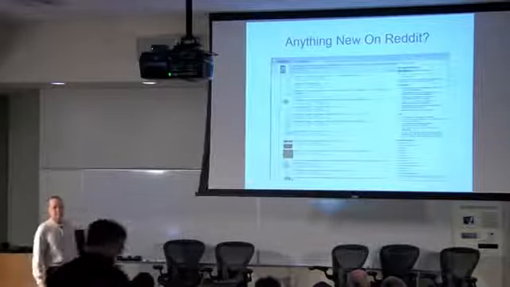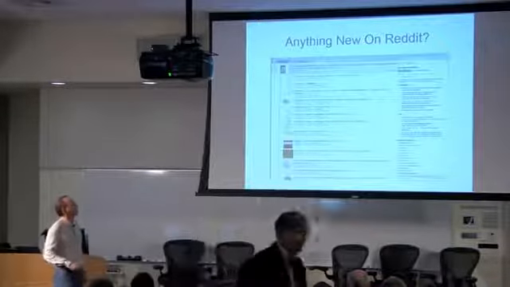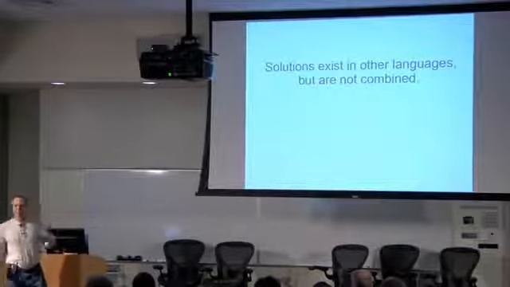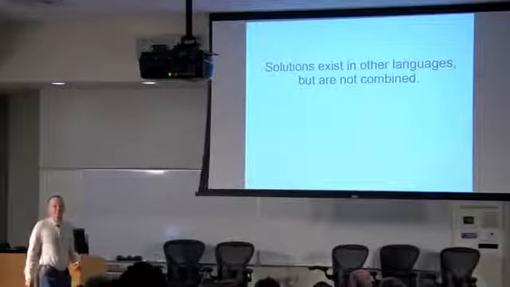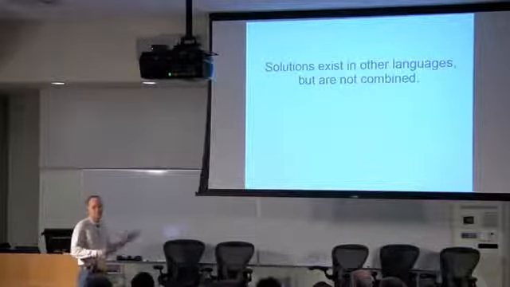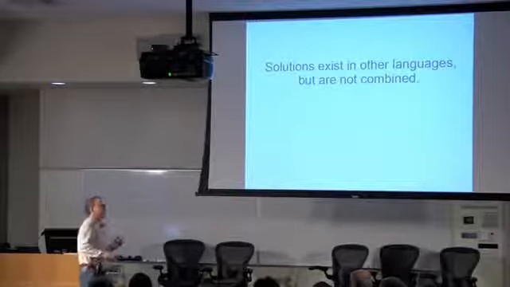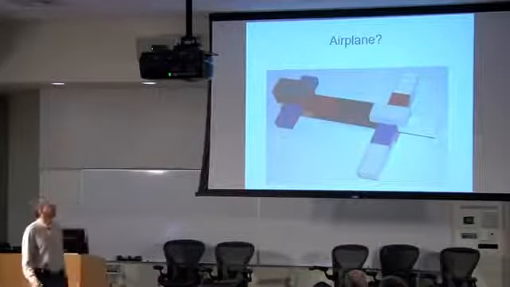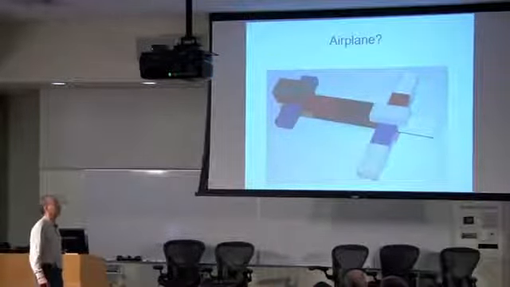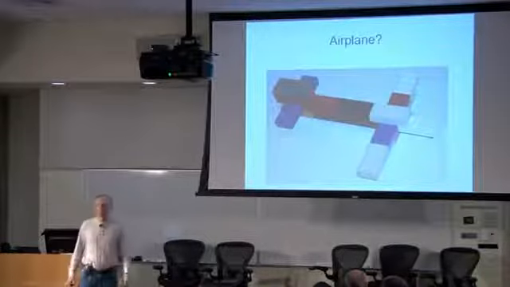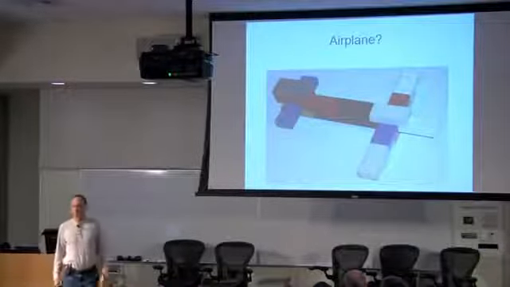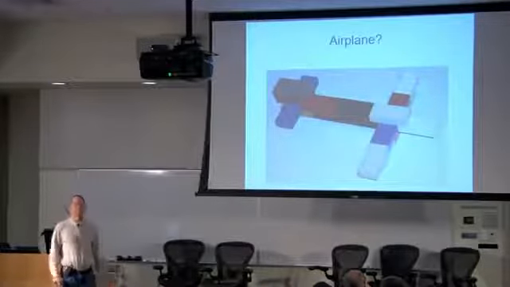So waiting is another dragon that we want to slay. So what about existing languages? I know what you're thinking. All of these languages have solutions, but you usually only get one, and it doesn't fly. Yeah, you can't build a flying airplane out of bricks. You can't model one out of bricks either, or it looks pretty horrible. So that's the first dragon we want to slay: we want better modeling power.